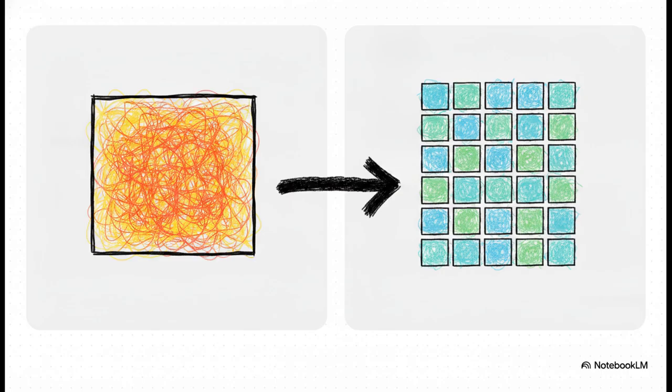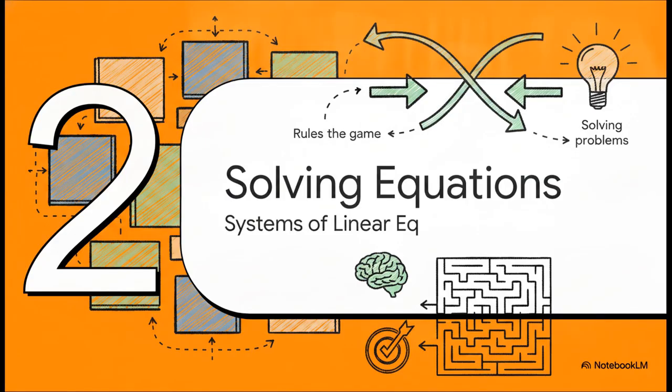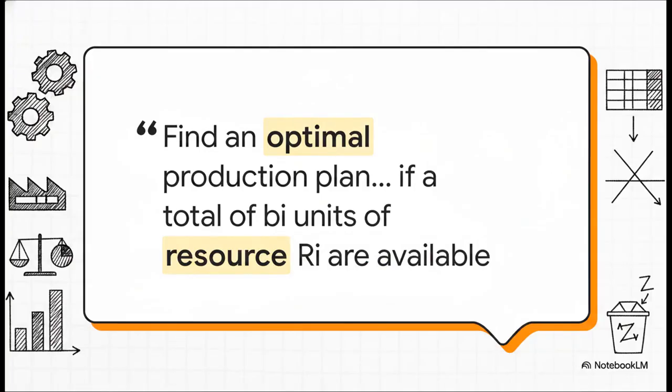You can kind of think of vectors as the nouns and matrices as the verbs or the structures of our machine learning language. It's this exact setup that allows us to use array operations on computers to process massive amounts of information efficiently. Section 2, solving systems of equations. Now that we have our matrices, what are the actual rules of the game? So, the whole point here is that we use these matrices to perfectly balance real-world constraints.